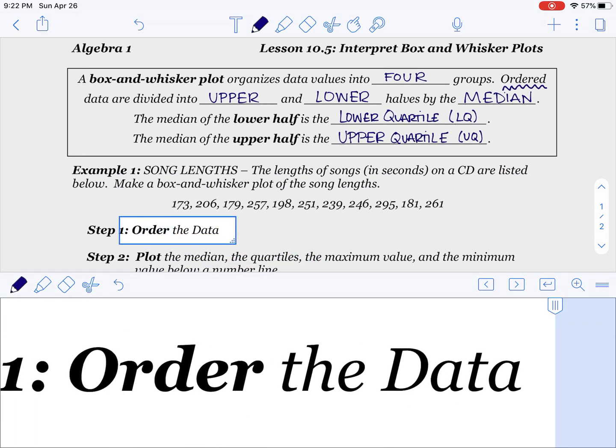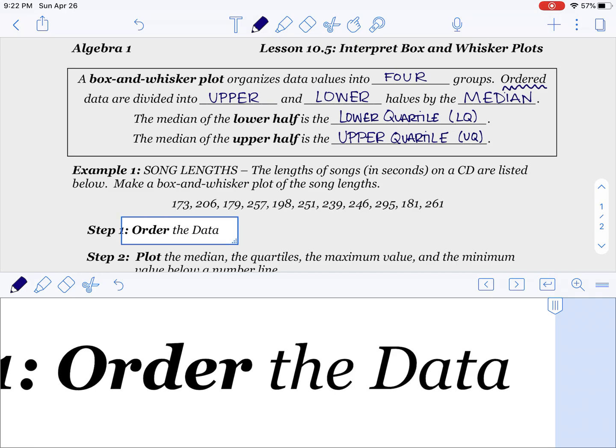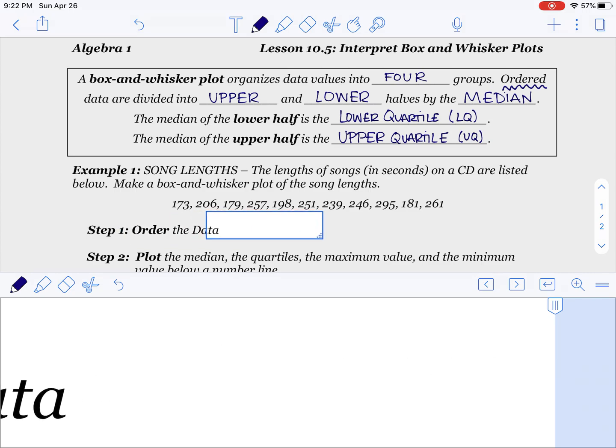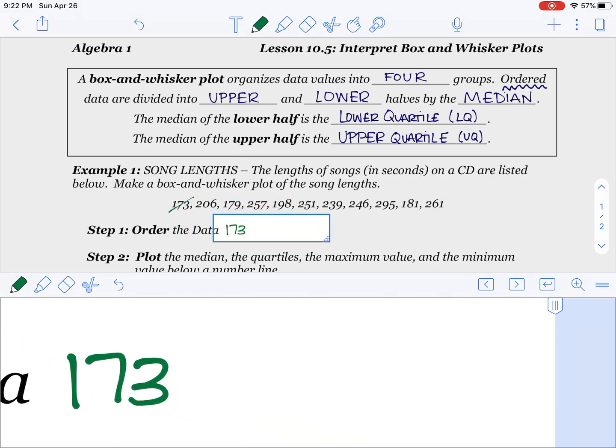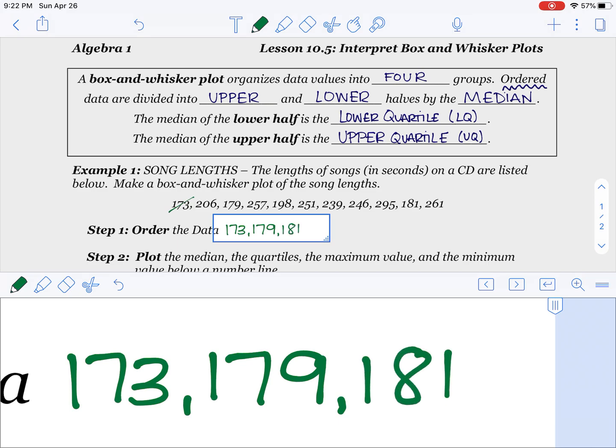All right. So first, order the data. The following is the lengths of songs on a CD, and we would like to make a box and whisker plot of the song lengths. Our first data, the smallest one here, is 173. I'm going to cross them off as I go. The next smallest should be 179, followed by 181,